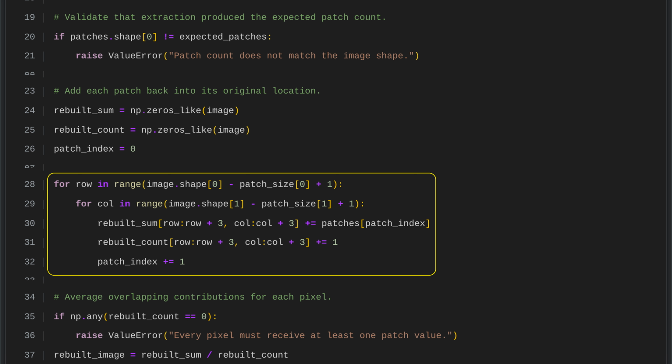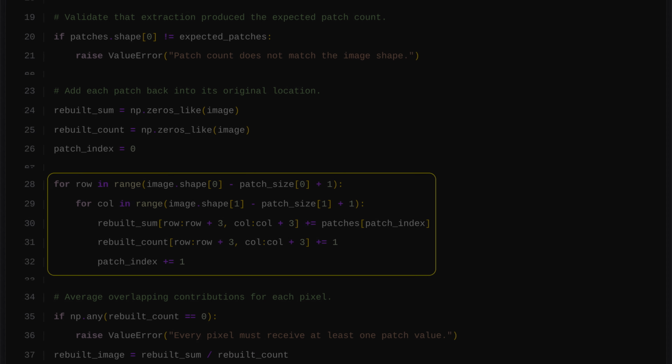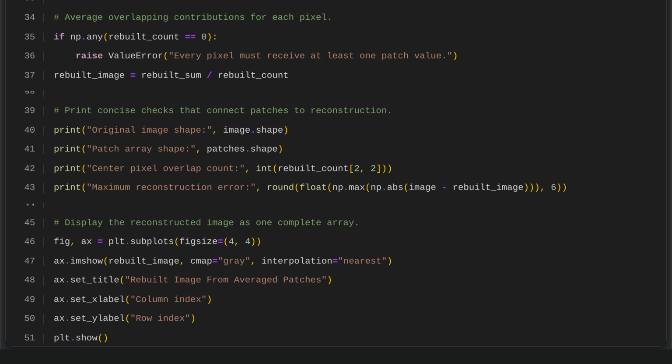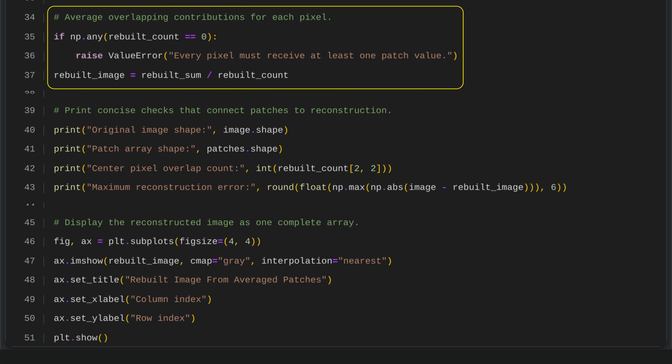At each position, it adds the patch values into a rebuilt sum array and updates a count array to record how many patches contribute to each pixel. This handles overlapping patches, and the patch index advances after each patch is processed. Before rebuilding the image, we verify that every pixel received at least one patch contribution. If any pixel was missed, an error is raised. The final image is then formed by averaging the contributions at each pixel, which blends overlapping patches and produces a